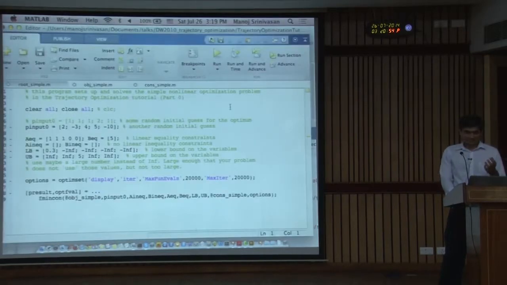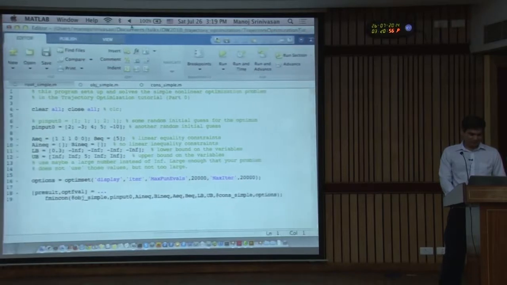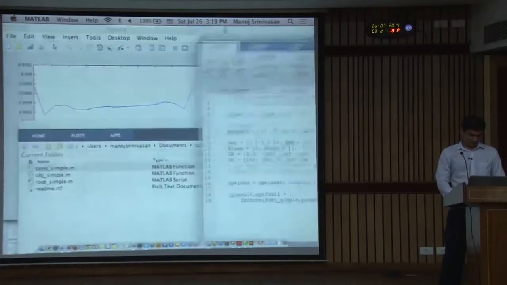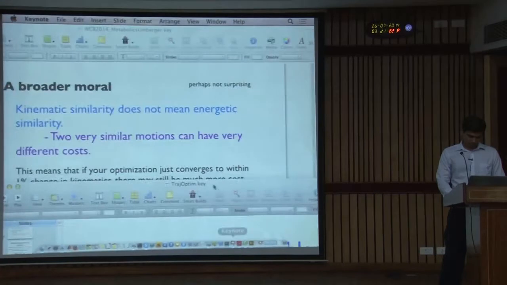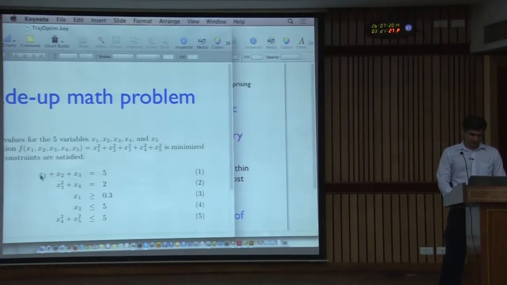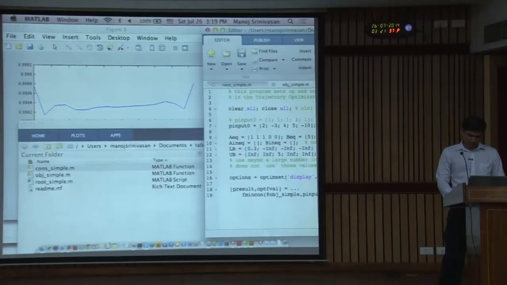Okay, so those are all the nonlinear functions, and then there are these linear equality and inequality constraints. So here's where we call fmin_con, and it has as input the objective function, the constraint function here, and all these inputs, the matrices A in EQ, B EQ, A EQ, and so on, and those are constructed here based on what we want to solve, based on our constraints, right? So AEQ is going to be 1, 1, 1, and the coefficient of x4 and x5 are 0. So AEQ is 1, 1, 1, 0, 0, and you will find that that's what it is here,